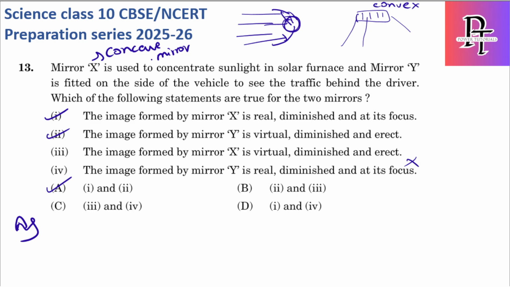These are the applications for concave mirror and convex mirror. Concave mirror applications are not only the solar furnace, it is also used for headlights of automobiles, where the light will be kept at focus, and due to this, what will happen? It will get reflected in the mirror and it will go to infinity. Just opposite. Here it is from infinity coming to focus, and here from focus it is going to infinity. Okay, convex mirrors are used in side mirrors and even in parking lamps, so that they cover maximum area and give an erect image on the mirror. Okay,